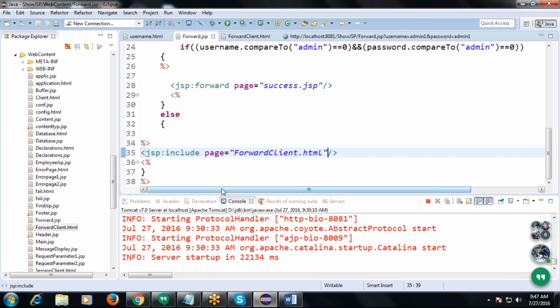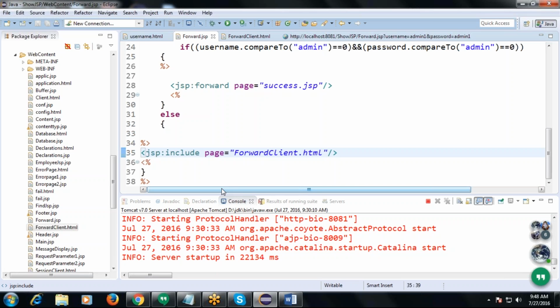Here I understood your doubt. Like the forward client.jsp, you were asking, for forward something like that. Yeah, no problem at all. You can specify either JSP or HTML, whatever it may be. See, for forward, jsp:forward page equals success.jsp, so it is forwarding us to success.jsp.